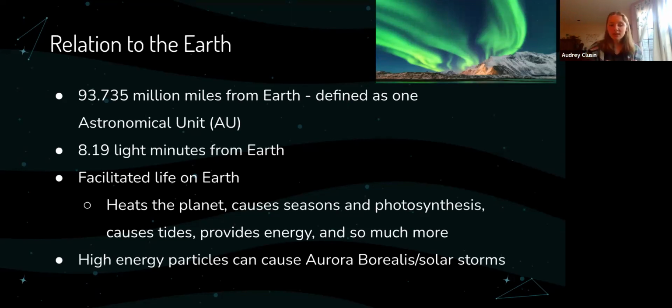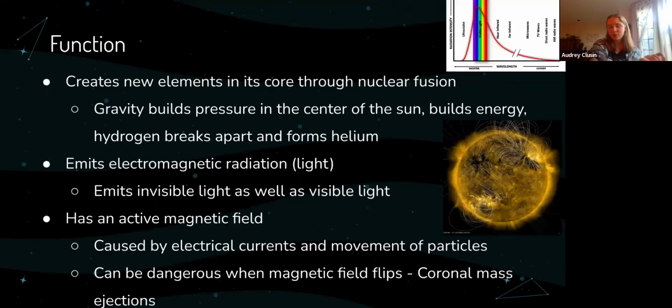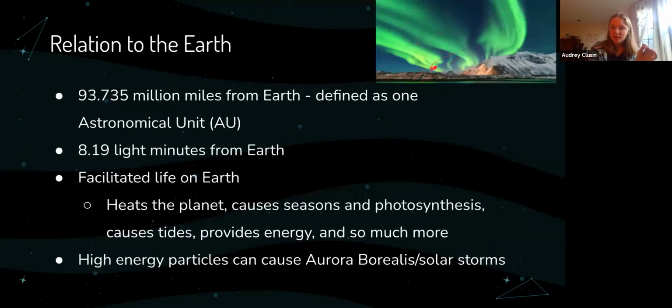But I was talking about coronal mass ejections a minute ago, which, like I said, can be dangerous. And this is because sometimes the magnetic field of the sun is so strong that it can merge with and mess with the magnetic field of the Earth. And this can cause the Earth to not be able to deflect these kinds of particles that are coming from the sun.